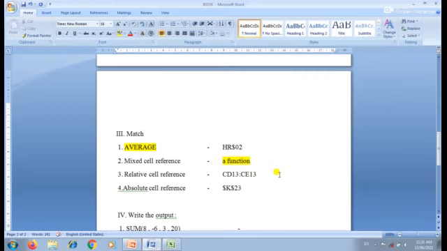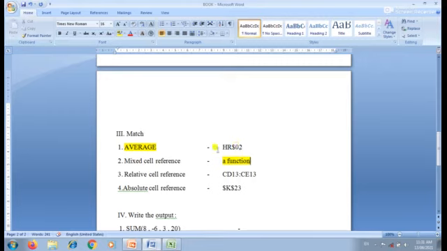The next one is mixed cell reference. In a mixed cell reference, we use the dollar symbol for either the row or the column. So which one is the mixed cell reference? HR $02 is a cell reference of this one cell.